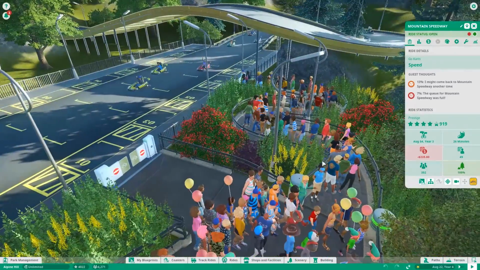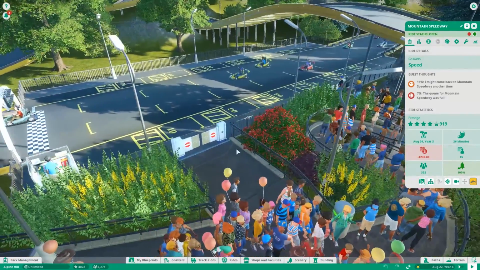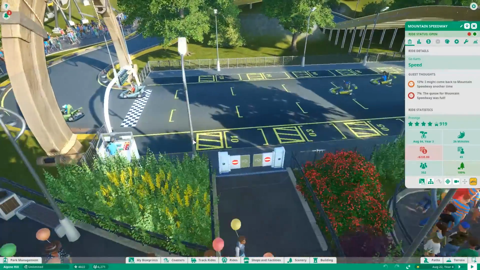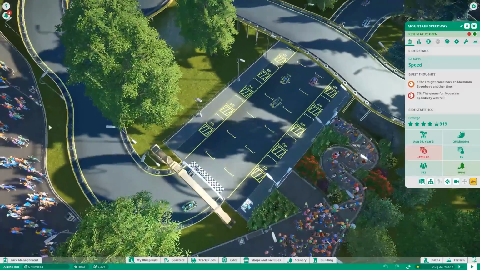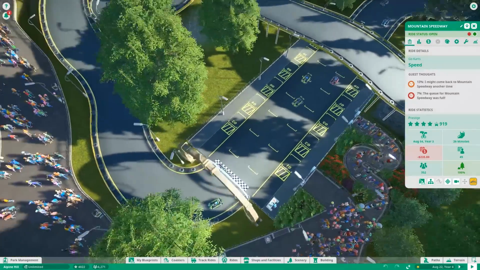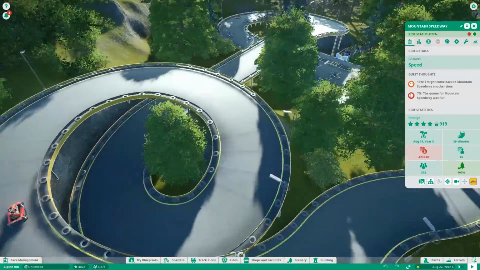Now, if it was a real park, the queue line would be a bit longer, but that's something I struggle with, making lengthy queue lines. So it's just a short little racetrack that I think is really neat. It comes up here and then it goes around this loop, and the loop is built right onto the